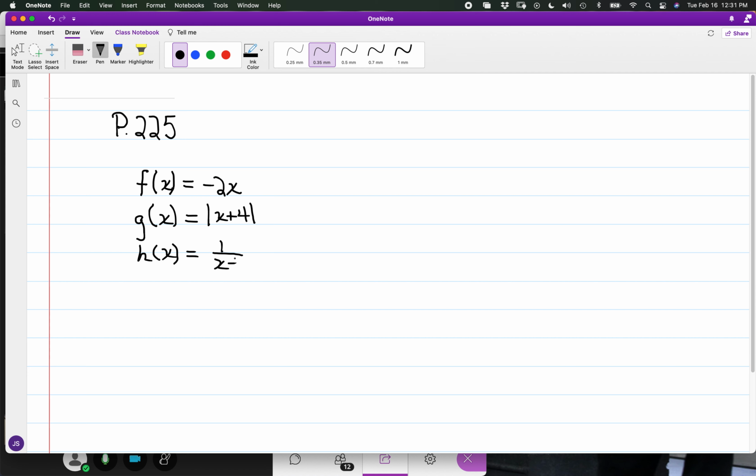And looking at what we have for function values, now for number 10,